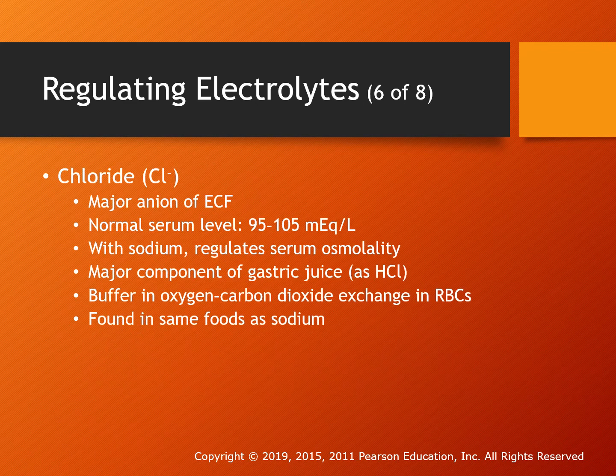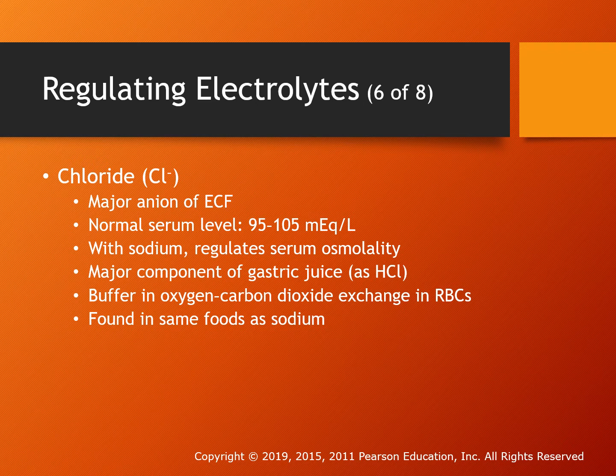We have to have all of these. Chloride, 95 to 105, with sodium, regulates the sodium osmolality. So it helps that balance of these electrolytes such as sodium in the cells. It's a major component of gastric juice, such as your HCl. It buffers oxygen and carbon dioxide as it exchanges in the red blood cell, and it's found in foods